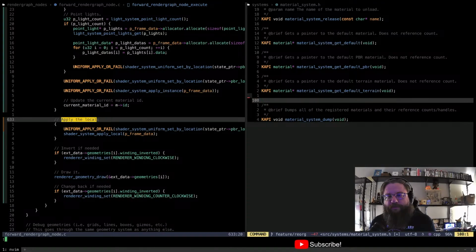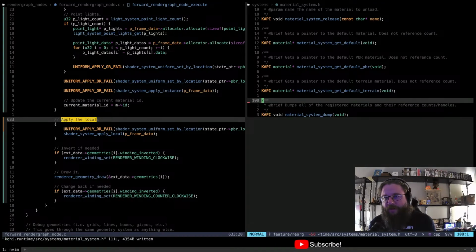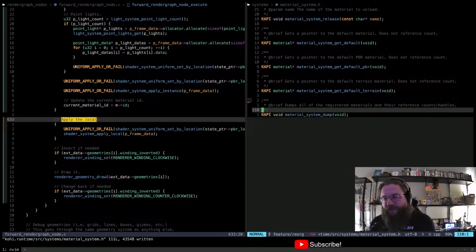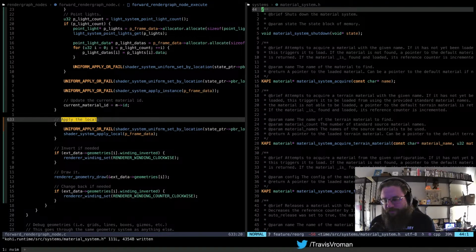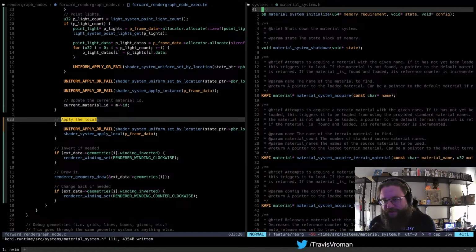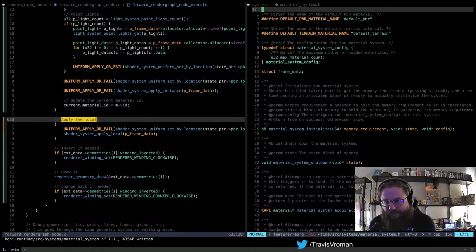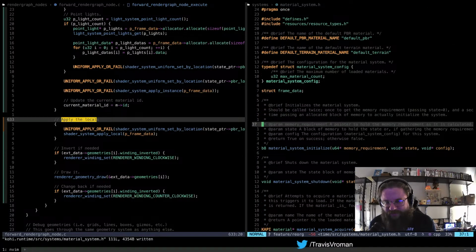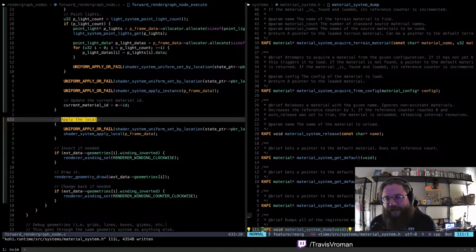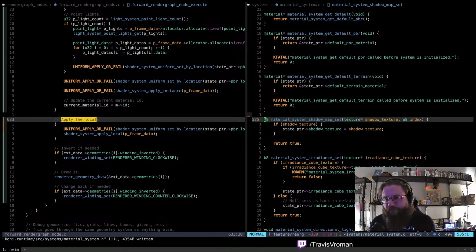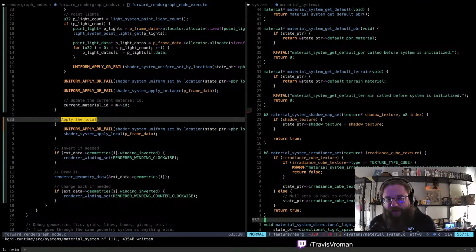Apply local, right? And so we can see here that we've cut down the amount of functions we have here quite a bit. So now this is, I think, almost exclusively dealing with actual loading of materials themselves, default materials, things like that. But it does not actually handle anything in terms of setting shader properties or anything like that, right?